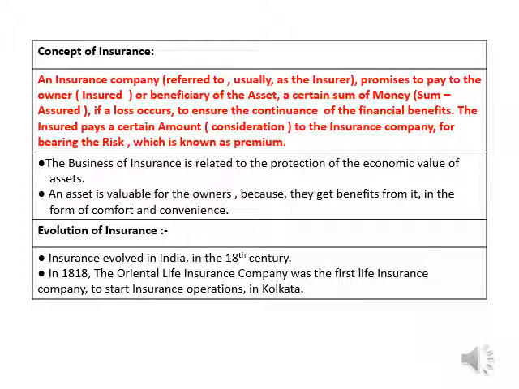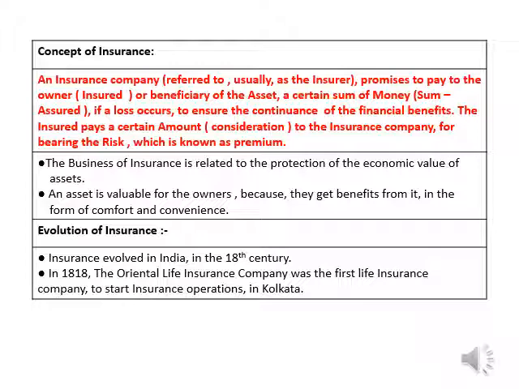You should understand the concept. I'm analyzing the risk. I'm retaining whatever can be retained with me, and whatever I cannot retain, I will pass on to the insurance company. What is an asset? An asset is valuable, it has value to the owners because it gives benefits. They are the profit earning assets which I have. And then to maintain my profitability, I want those assets to be protected in case of accident, fortuity. It is unexpected events which take place, and my cargo, the assets, etc.